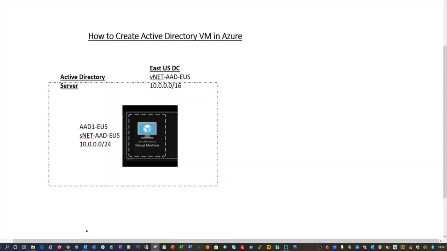But today I'm going to tell you how you can create from scratch an Active Directory domain controller in a VM in Azure. So let's head over to the Azure portal and we will be creating all these resources you see. First we will be creating a VNet, and then a /24 subnet, and then we will be installing a virtual machine in Azure Cloud in the same subnet, and then we are going to install Active Directory on that. So let's head over to the Azure portal and see how it goes.